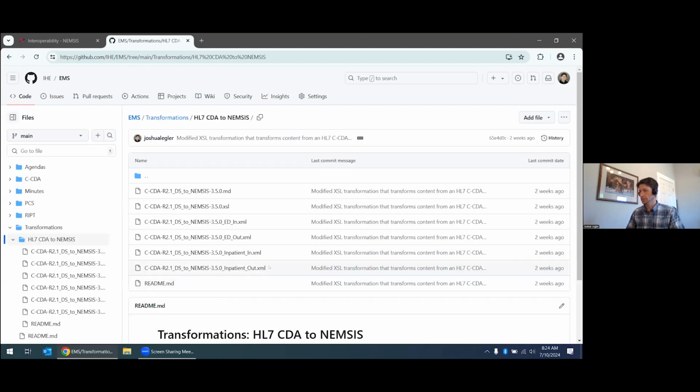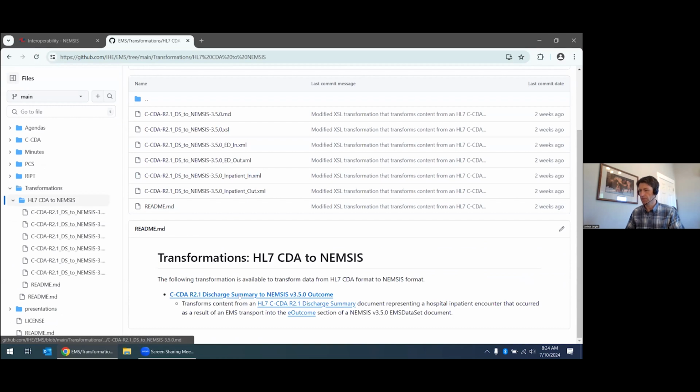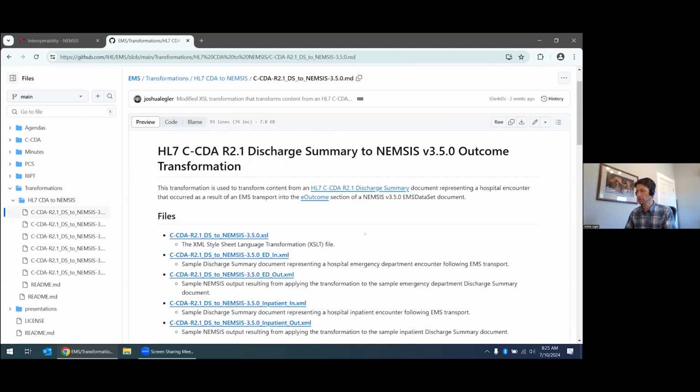And in that section, we have one transformation done so far, which is transforming an HL7 CCDA discharge summary to the NEMSIS outcome format. This is a great resource for the technical people, for developers who work for software products, people who are going to be really at the ground level involved in transforming data from HL7 to NEMSIS format to get those outcomes. So the discharge summary to NEMSIS outcome transformation, I published this a few months ago initially,